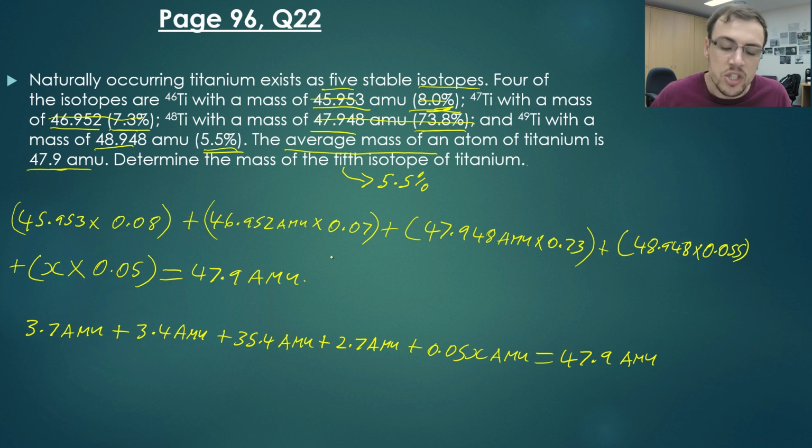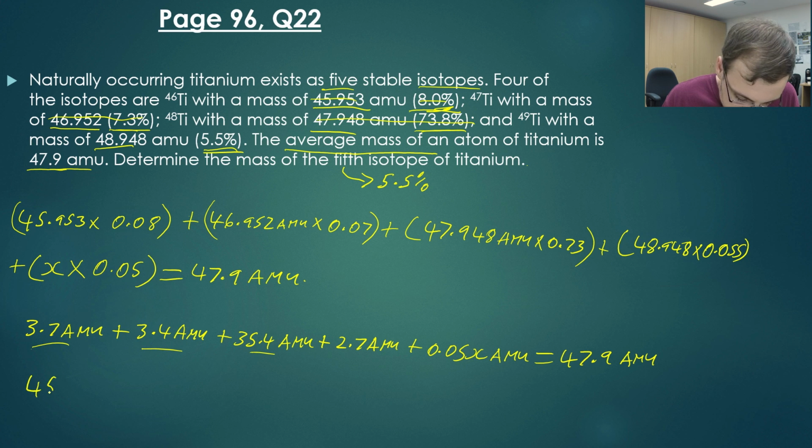So I always like to take a little bit of extra time and break it down into 2 steps to make sure that I don't make a silly math error. So I then add these values together. 3.7 plus 3.4 plus 35.4 plus 2.7 is going to equal 45.2 AMU